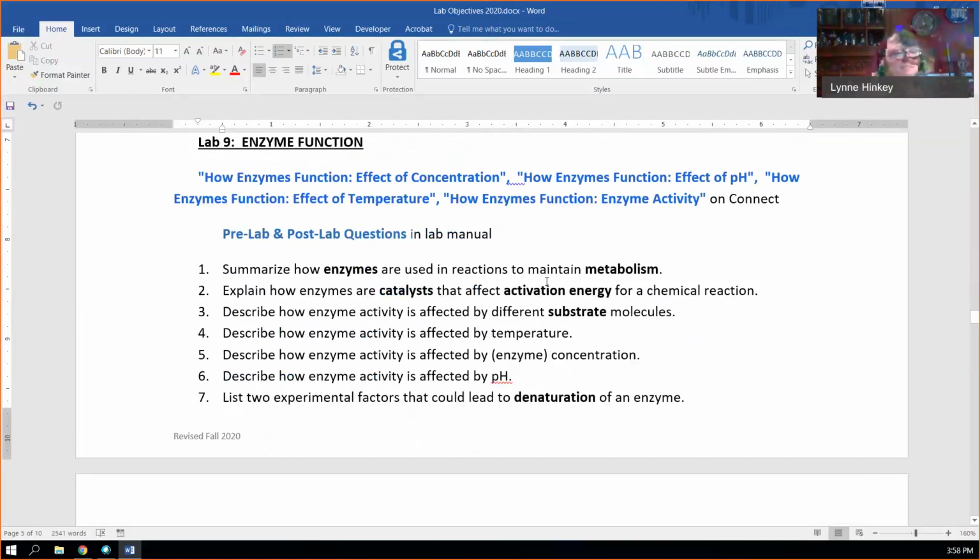On enzymes, again, knowing chemical reactions, how to write a chemical reaction. If my arrow goes left to right, what's on the left side are my reactants. What's on the right side are my products. So what the arrow points to, that's what the chemical reaction produces. Those are the products. So remembering that,